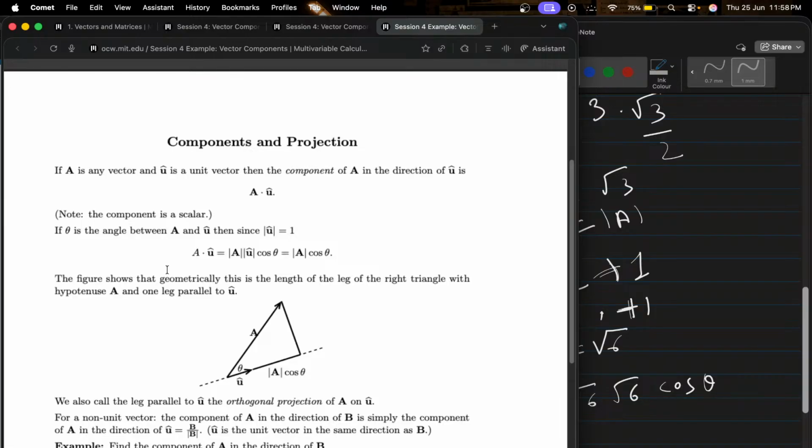Okay, let's see. Components and projection. If A is any vector and U cap is a unit vector, then the component of A in the direction of U cap. Now the component is a scalar. If theta is the angle between A and U cap, and since the magnitude of U cap equals 1,